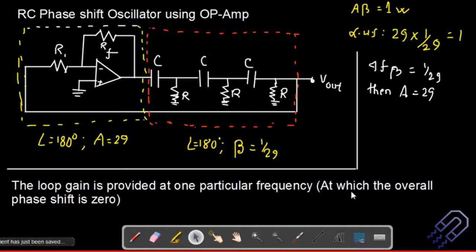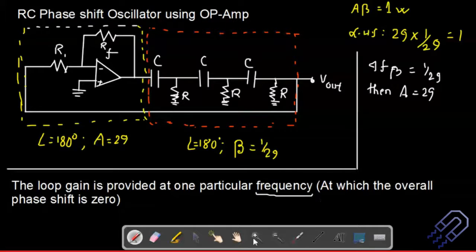Okay. And so how many stages do we have here? If we have basically 3 stages, and depending on this number of stages, we can have that frequency. The question is, what will be that frequency? What is going to be this particular frequency? And this is something which we are going to derive.